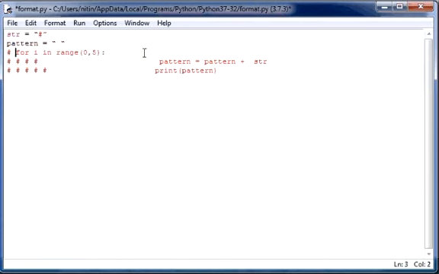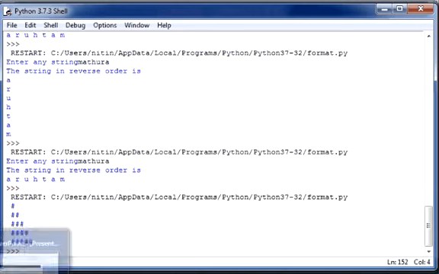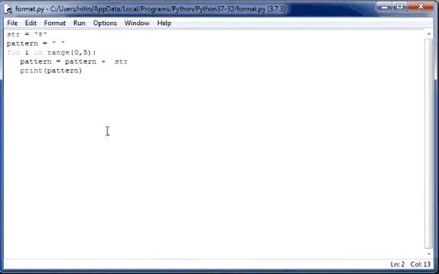Do the proper quotation. Now run this program. Save this program first, and it will print the pattern in 5 lines. So this is the program of printing the hash.